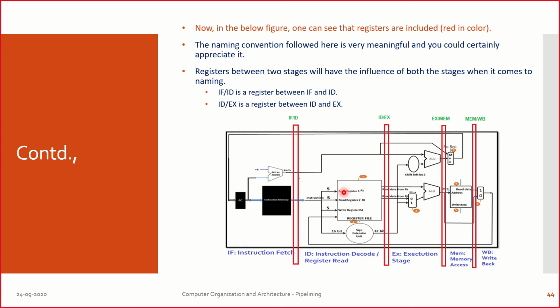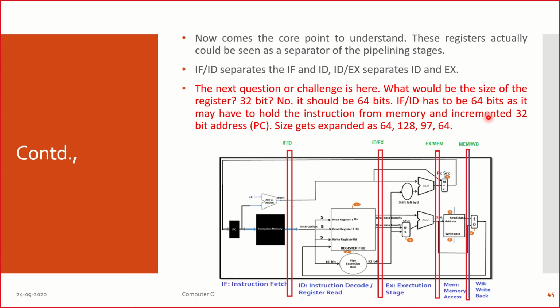Similarly, EX/MEM. What is this EX/MEM? This is nothing but the register which is going to be kept at the exit of the EX stage, which is the execution stage, and then it is also going to connect to the MEM stage. So we keep it as EX/MEM. And finally, MEM/WB. MEM is nothing but the memory stage, and WB is nothing but the write back stage. So we need to connect this way. So all these four registers are named very appropriately, and this is the only way that you need to name it. Do remember it and do not change it.